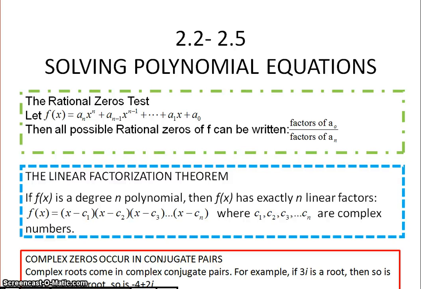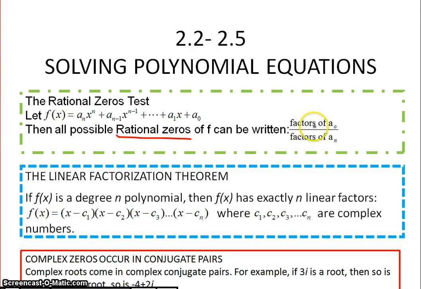Okay class, so today we're going to solve polynomial equations. There are 3 theorems here that I want to talk about. First, a reminder of the rational zeros test. If you have a polynomial, and this is just the generic form of a polynomial, then all possible rational zeros